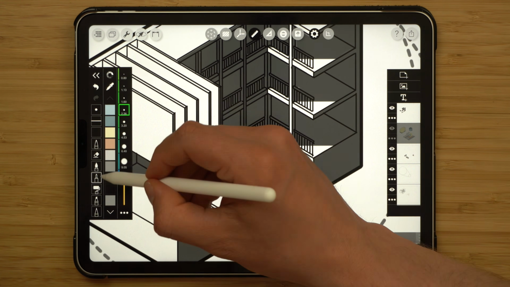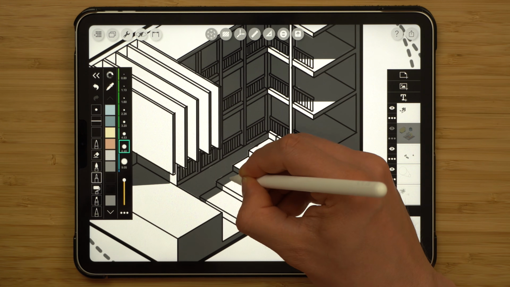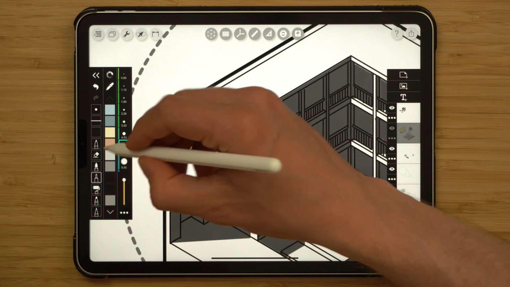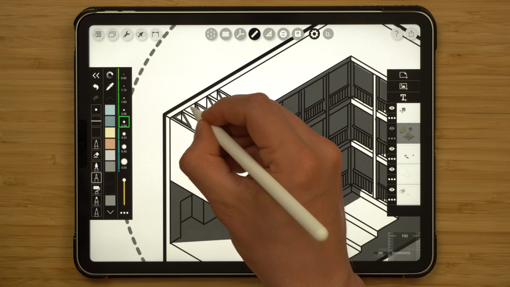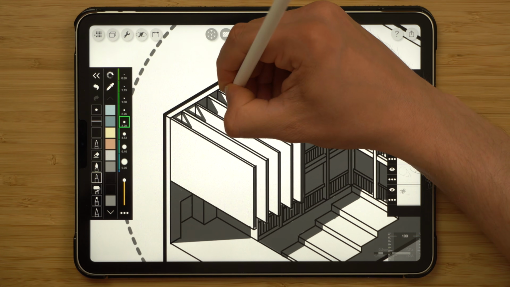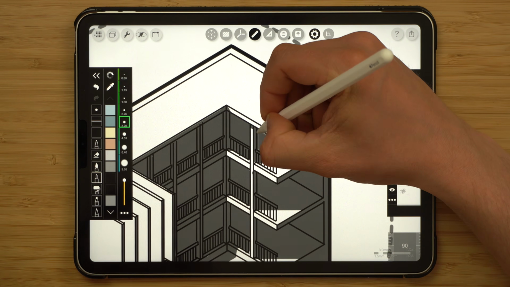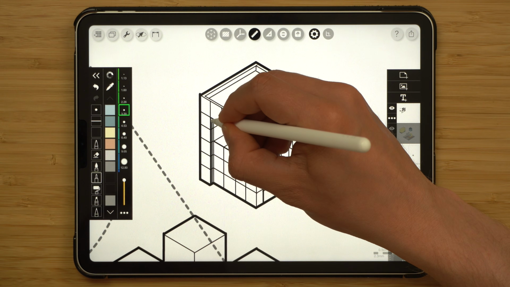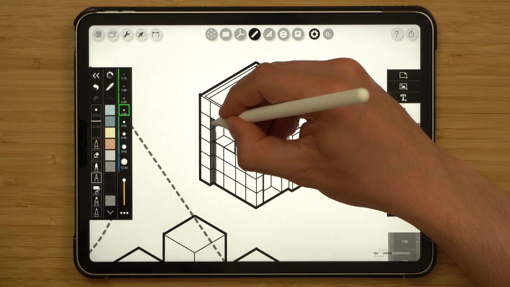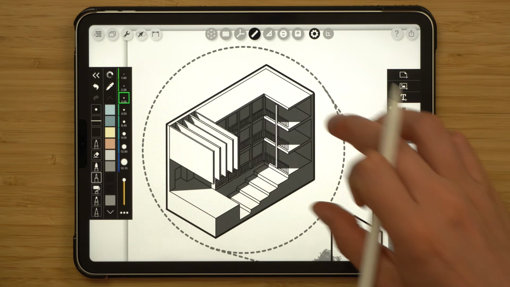I'm just going to add the shadow on these steps too. Again, just to go that extra mile and get convincing results in showing the shadow. As a starting point, and then I can do the same for the rest of the volumes. So I'll start with the facade first.